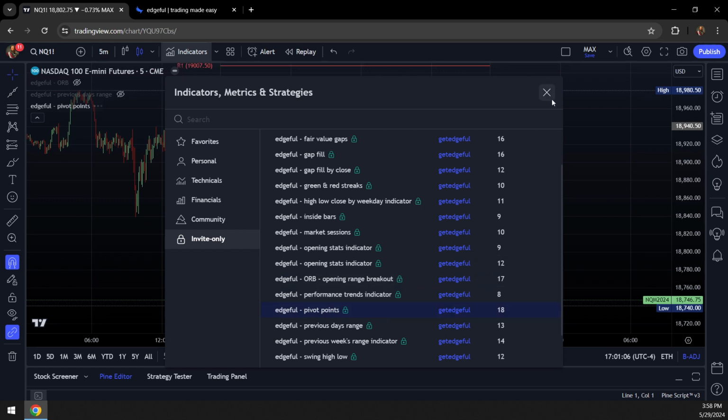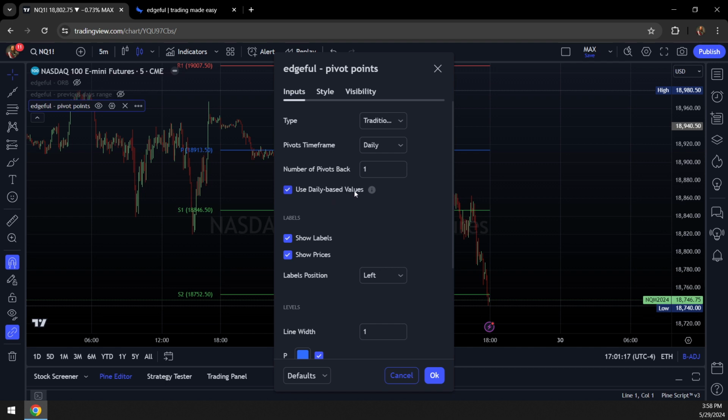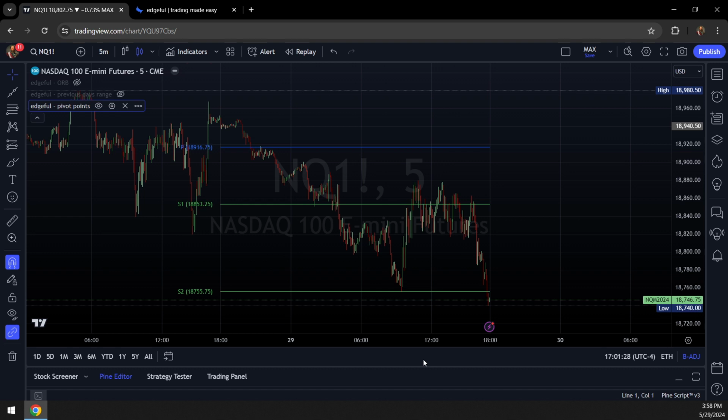A lot of you guys, if you use NinjaTrader or other trading software, hear us talk about these pivot points all the time. They have the indicator. The only thing right here is "use daily based values." Uncheck this. For those of you that use it, you'll see it changes a few points just based on the calculation. So if I turn that off,